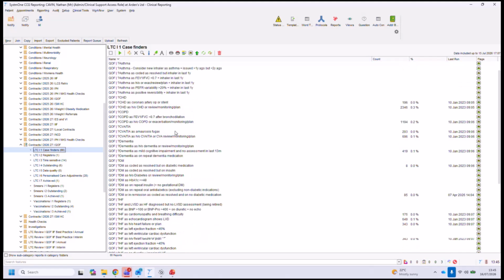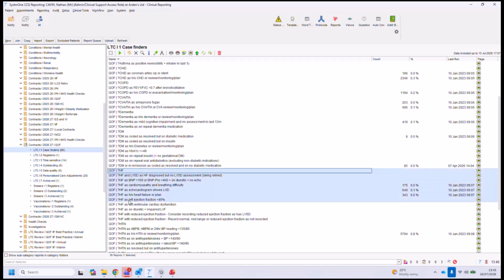But if I scroll down, you will see there's a whole section around heart failure. Now, there's a lot in there. Again, I probably don't need to go through every one because they're essentially saying these patients don't have a diagnosis of heart failure, but they have something going on that might suggest that they've got it. So essentially, things like question mark heart failure as left ventricular ejection fraction is below 45%.